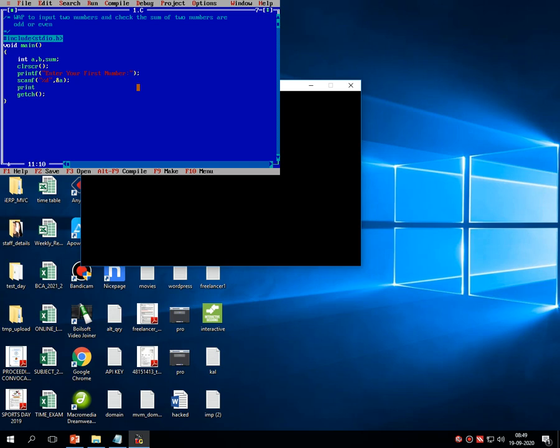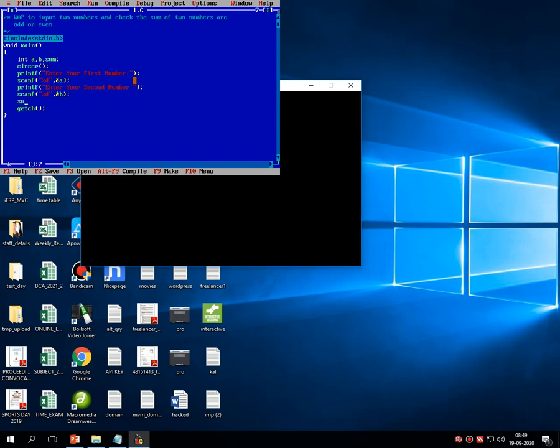Then the next message is printf, enter your second number, scanf %d comma ampersand b. It reads the second number from the user and stores it inside the variable called b.